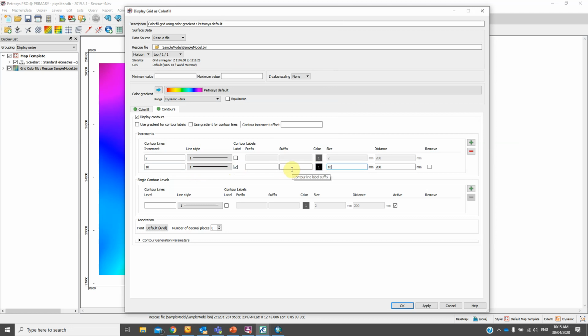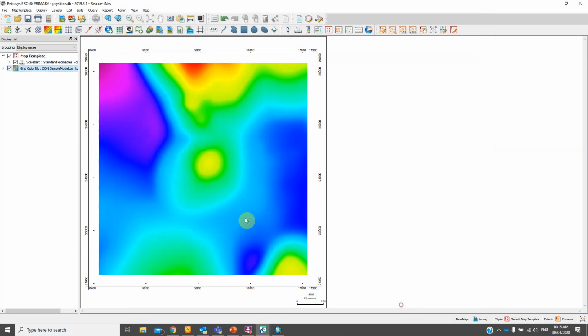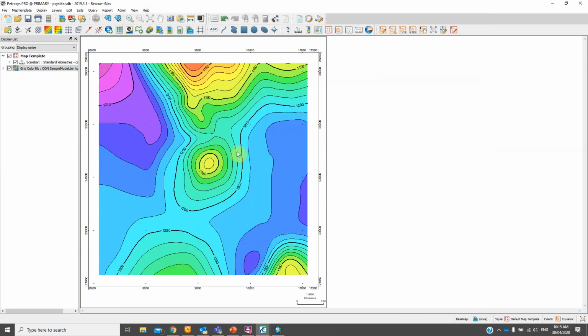So quick tip: I'm going to match the increment of the contours to the increment of the gradients to have a better display, and I'm going to set some translucency of 30% here. Click OK, and we get something like this, right? So as you notice, the color field has an increment that matches the contour to have a better display. I have set some translucency, and also we now see the contours that are displayed and calculated on the fly,